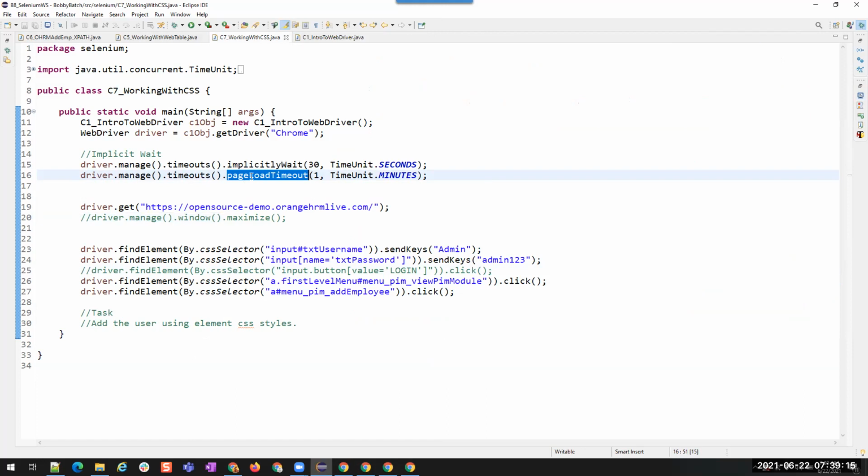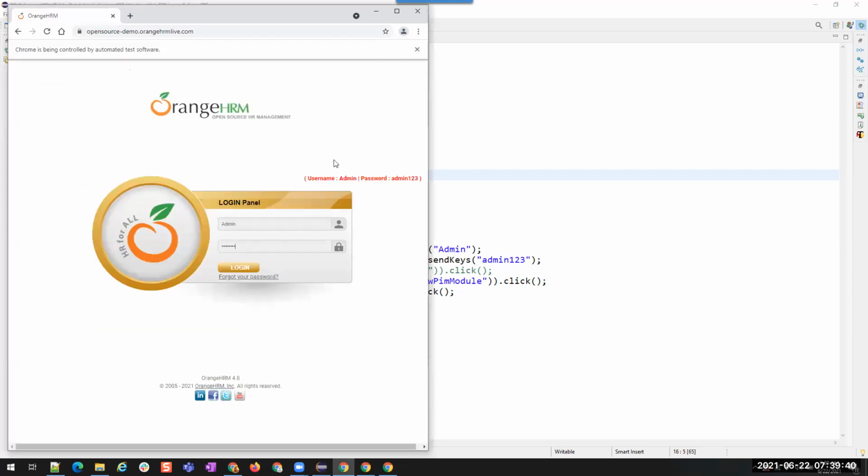I cannot say within 1 minute or within 1 second or 2 seconds, because the pages are loaded within a short span. But this works in a similar manner to implicit wait. When the page is trying to load, it will wait for 1 minute. Maximum time is 1 minute. Understood? Is that clear?